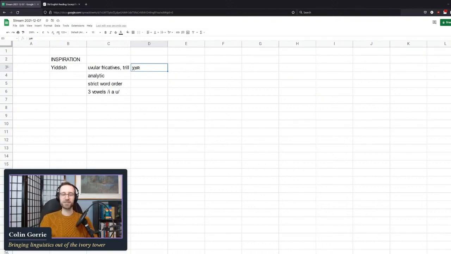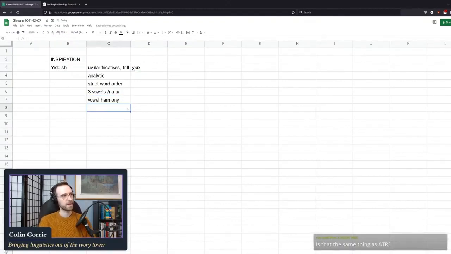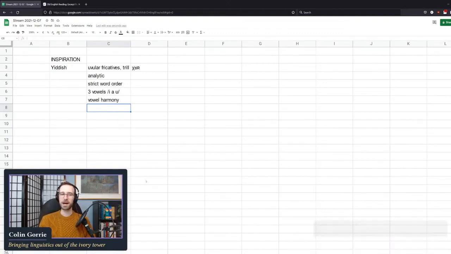And I'm seeing a request for vowel harmony. Yep, let's put in some vowel harmony. We may need to have more than 3 vowels if we're going to do that, but well, maybe not. So that'll be fun to put in. Is that the same thing as ATR? ATR is